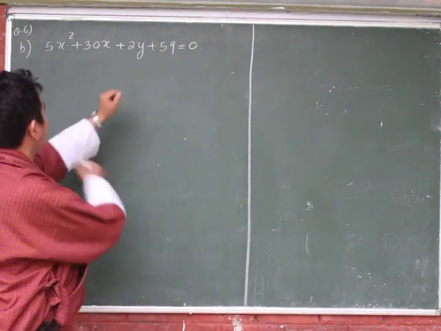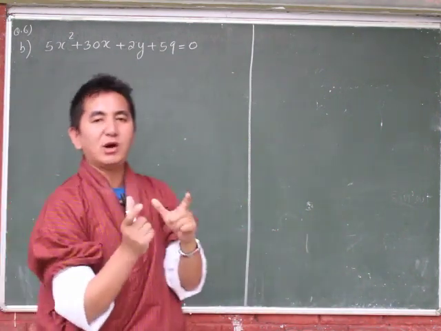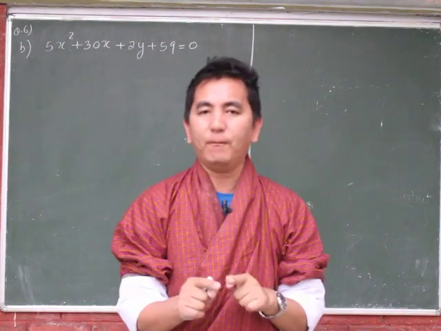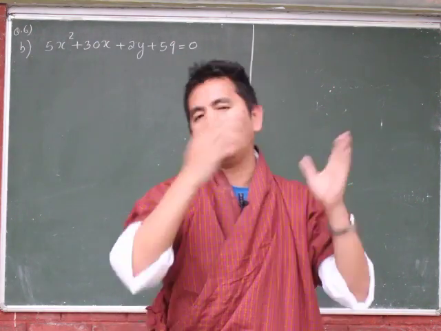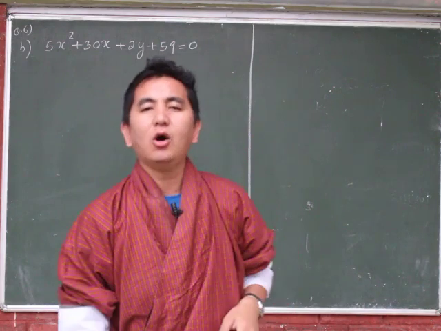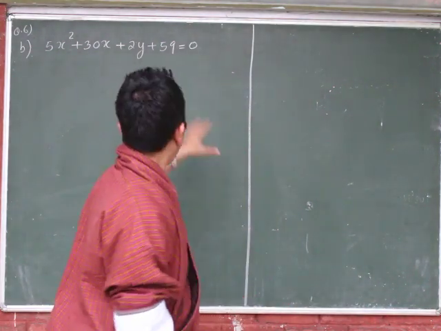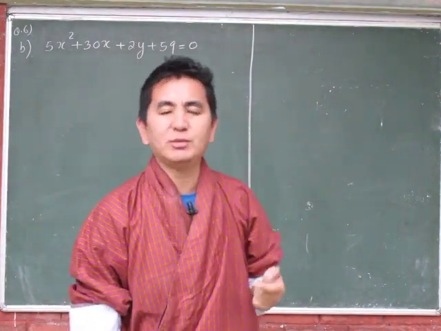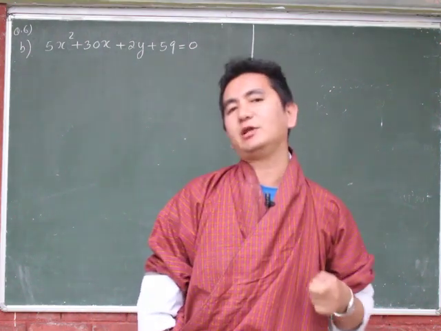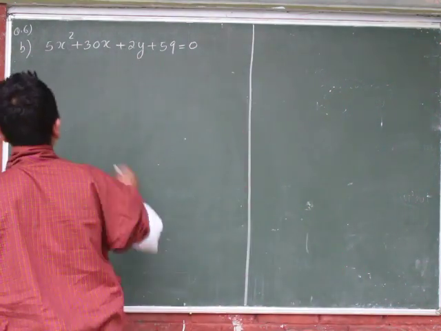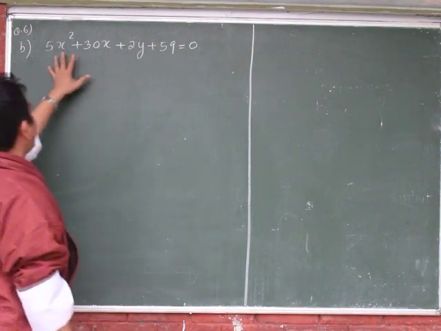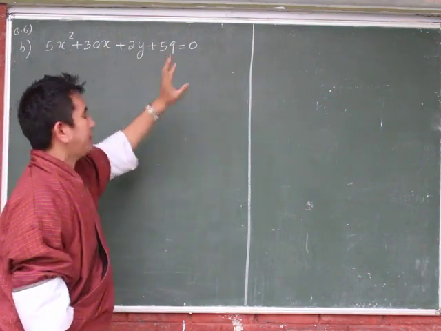But this question is a little bit different compared to question number 6a, because 6a was already given in that form. That's why we did it directly by finding the new coordinates and the old coordinates. If you have not understood, please refer to that video lesson for question number 6a. Here in this case, we have the equation 5x squared plus 30x plus 2y plus 59 is equal to